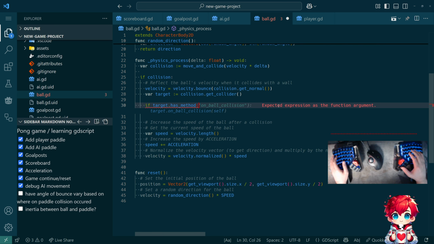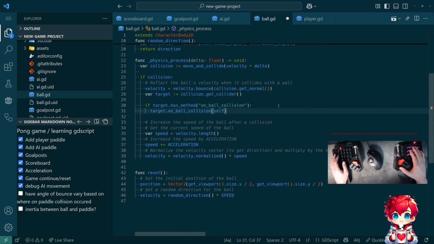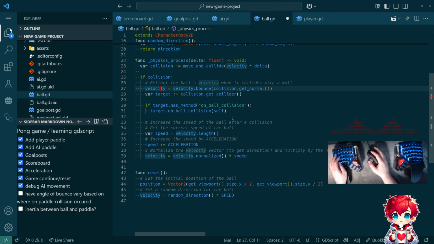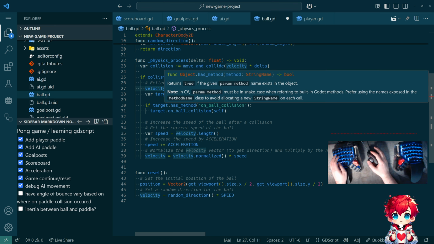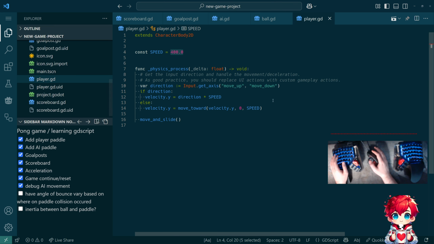Yeah. And we pass it the ball. We just give it the ball. And so it would be able to modify. We've already done the initial bounce. So if the target that we collided with has logic, it can do things to us, right? So now